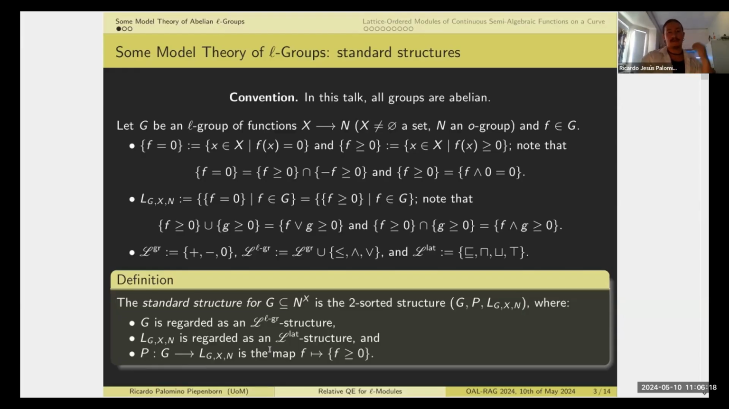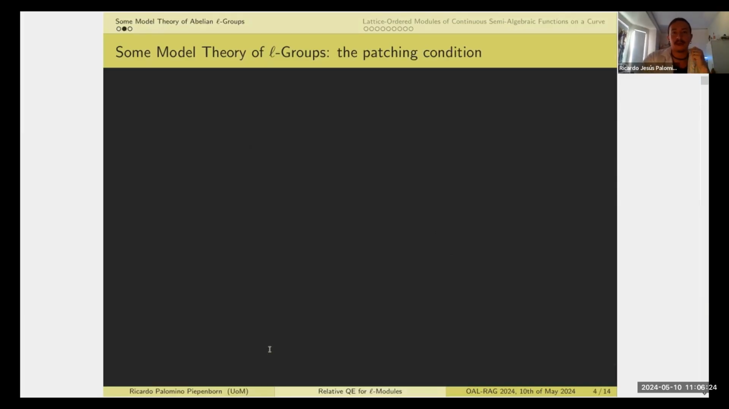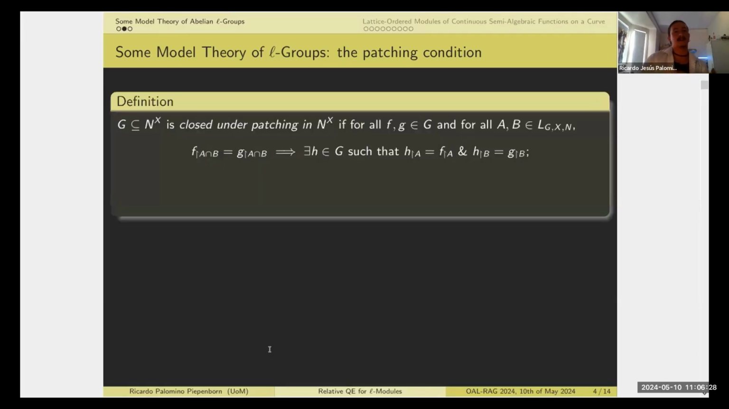Good. So before I give this Shen and Weispfenning theorem, I need to give an extra ingredient, and that is going to be the patching condition. Okay, so what is this? Once again, I start as before. I have an abelian L group of functions, and I say that this is closed under patching if the following